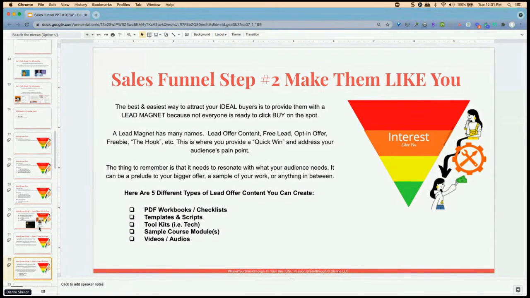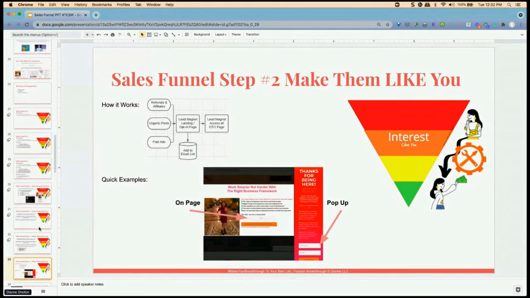So here are a few different types. Don't overcomplicate it. If you're a health coach, for example, you can Google top 10 health recipes or something like that, then put together a checklist or a workbook, and put that behind a landing page, which I'll show you in a minute, so that you can get their email address in exchange for the information you are providing. Here's how it works. Like I was mentioning, you have a landing page where you collect their email address. When they give you their email address, you then give them access to that freebie, because it's that value exchange, right? As long as your